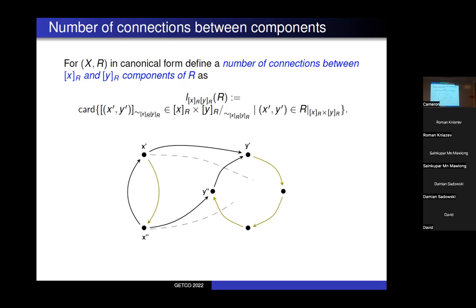On that example, to keep the picture clear, I just use some dashed lines in order to avoid the mess, because the object should be in canonical form, so there should be a lot of other edges. But just for simplicity, look at that. We know that the pair here,